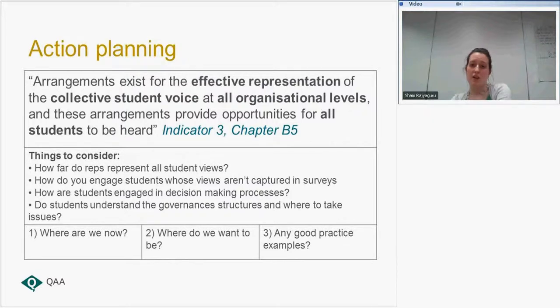With the review process, we can analyse student engagement and how well this chapter has done across our review process. The biggest thing that has come out is that strategic level of student engagement. There's lots of excellent work going on at faculty and course level, but it's that strategic buy-in. Once you have that top down as well as the bottom up, that really benefits and progresses student engagement. So that's a really positive step. Well done.